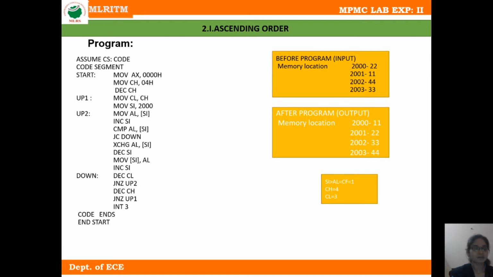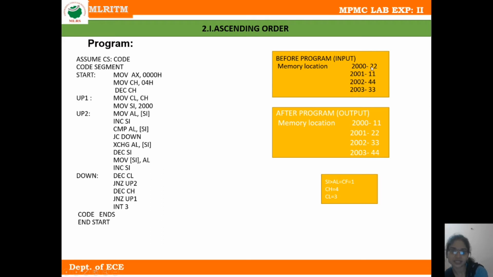The last instruction is INT 3 to stop this program, and at the end of this code I am using the code ENDS and start.